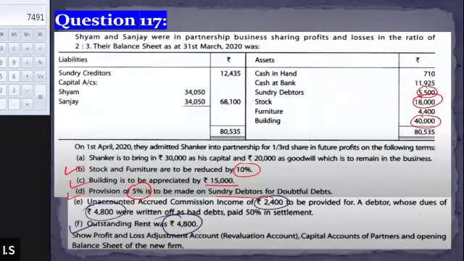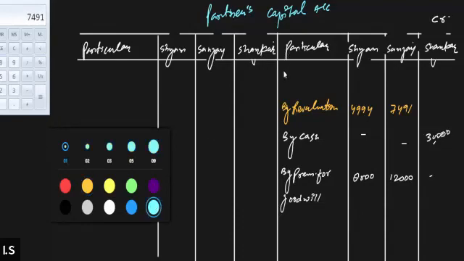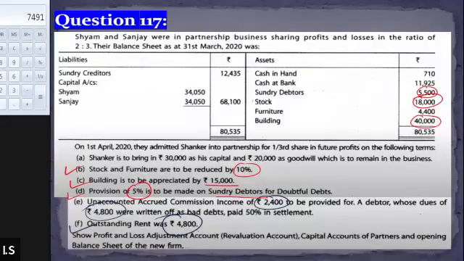Now coming back to the question, look at the balance sheet. On the liability side, we have the opening capital balances of the partners, right? Capital for Shyam and Sanjay is 34,050 each. So I'll write down their opening capital balances by balance b/d 34,050 and 34,050. Is this clear, both of you? Yes, sir.